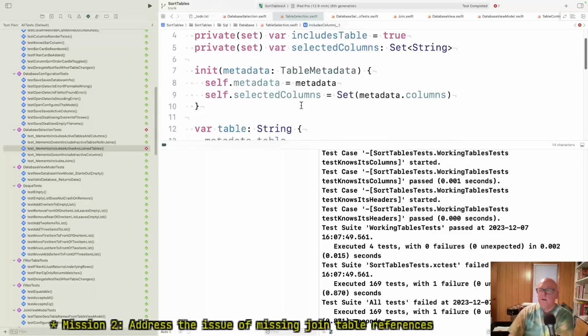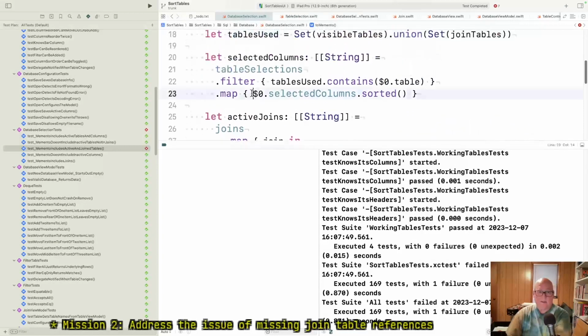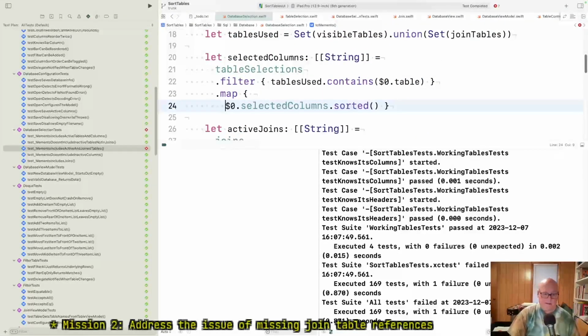Yeah, remove any column. Well, yeah. But I think the way we calculate this, we're only going to be looking at the included tables. I'm sorry, we're going to take the included tables and the joined tables. And if a table is joined but not included, we really just want to be nothing. Maybe this, I'm not sure the right place to say it, but I think what we're saying is, if